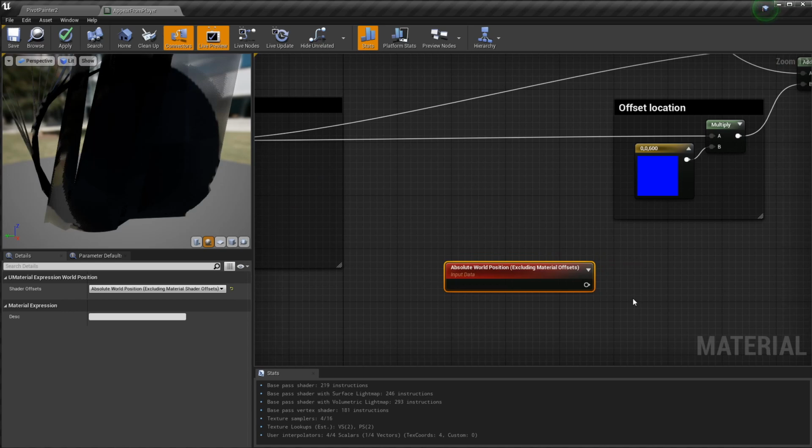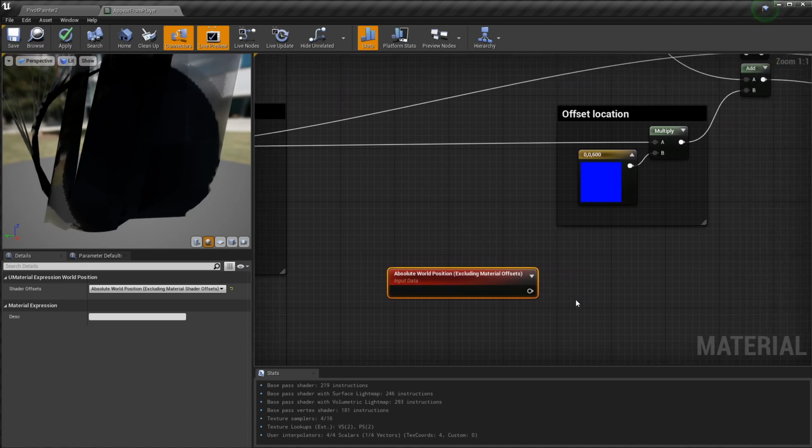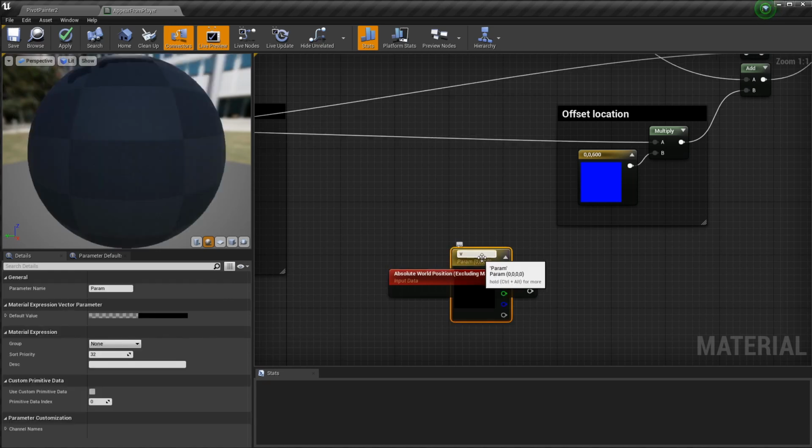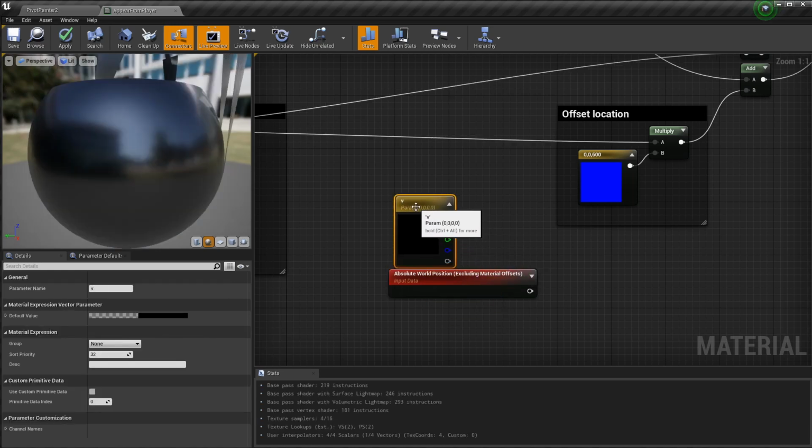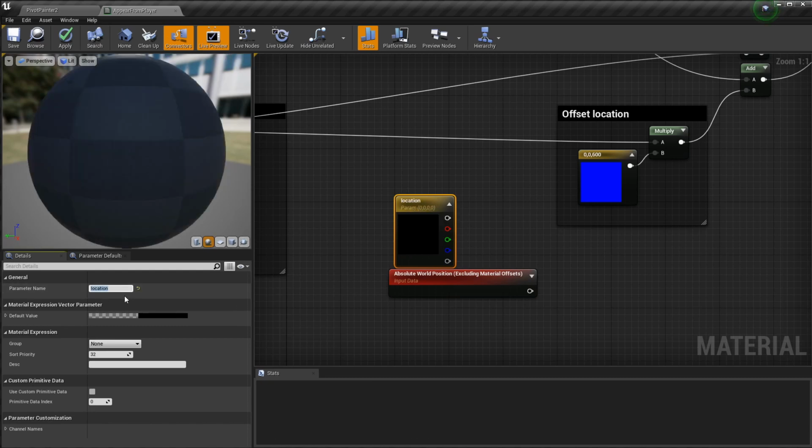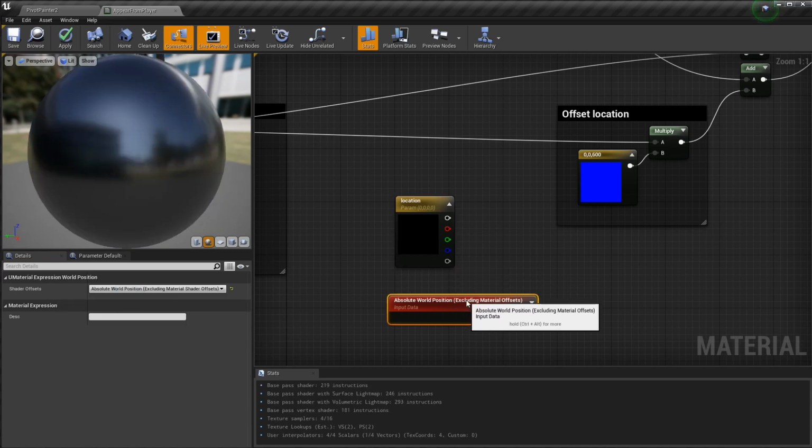We are going to bring in the player's location from outside in the next step. For now we need to define a vector parameter by holding V and clicking on the graph. For easy reference, we just call this location. This will be the player. The original shader used a vector parameter as a fixed position. So a 400 in Unreal's Z-axis means the blocks are falling from the sky.